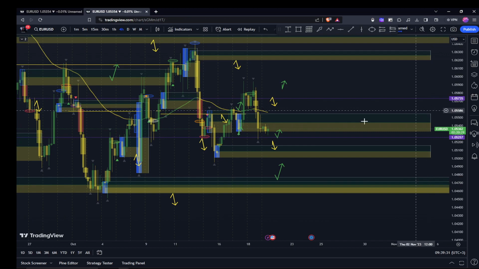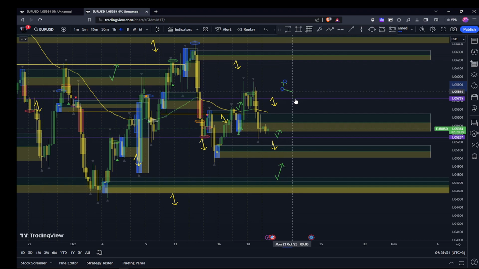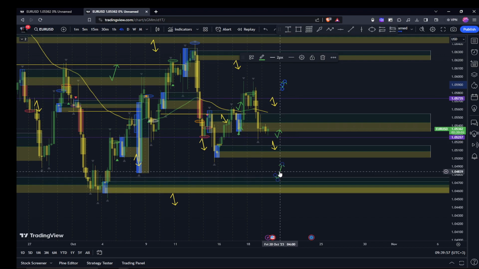On the 4 hour time frame, I see that the market did not close below this order block, so the likelihood of the market continuing pushing high is quite high. Also, I just mark up levels like this level. I have this level marked up. The likelihood of the market coming in here and pushing high is so high because of this 4 hour bullish order block of